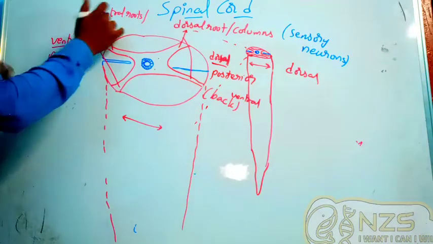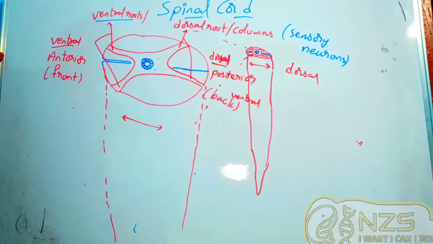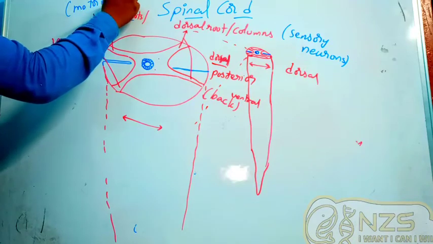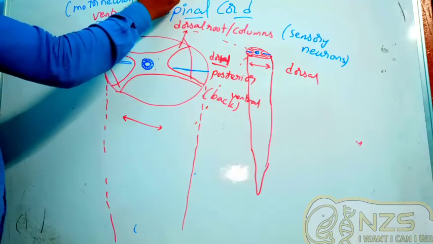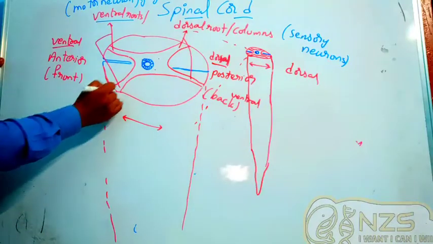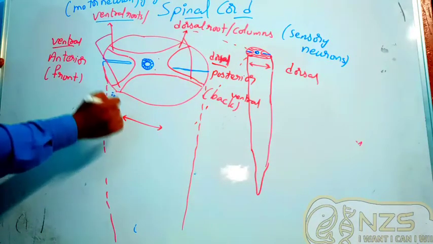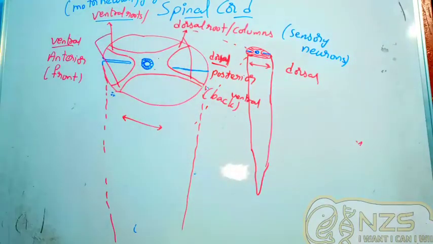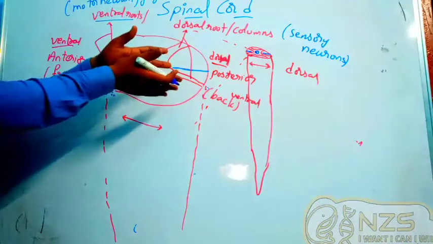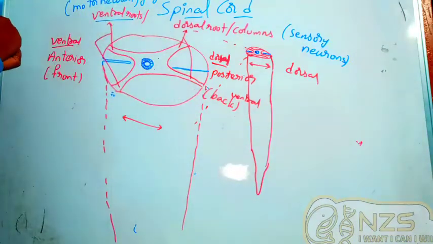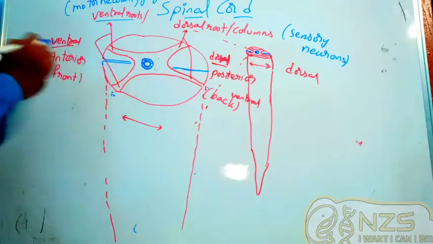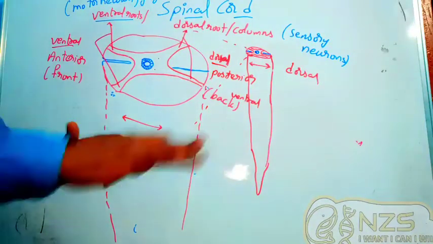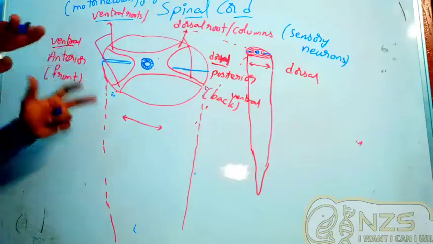Now the ventral roots will have the motor neurons, the motor neuron ganglions. You all know ganglions means group of cytons. So around here we can see the ventral root ganglion, and here we can see the dorsal root ganglion. They'll all happen, but we are discussing spinal cord structure, we'll stay there. The main thing, the dorsal roots will get all the sensory nerves from the body, and ventral roots will relay the motor neurons to the body. That's about the gray matter.